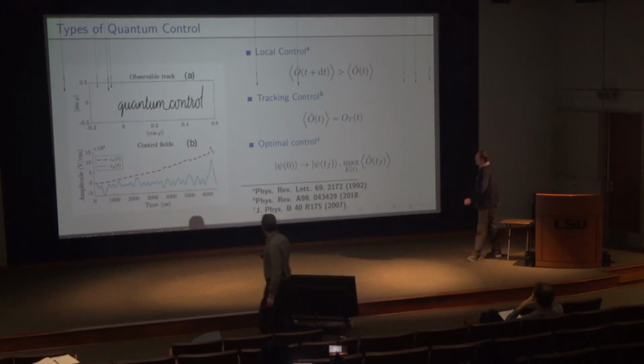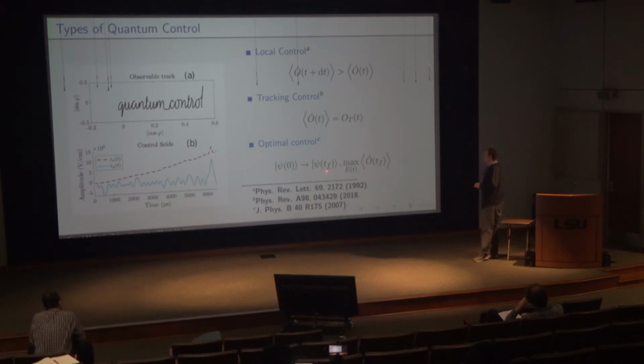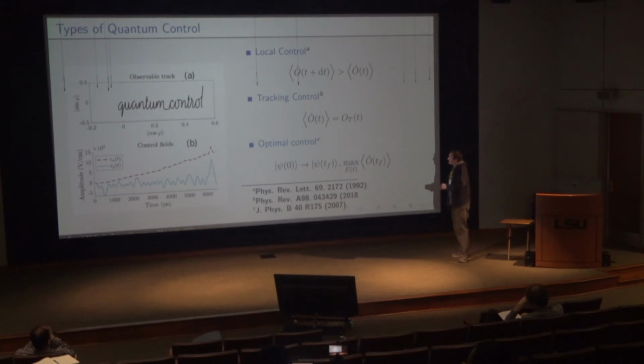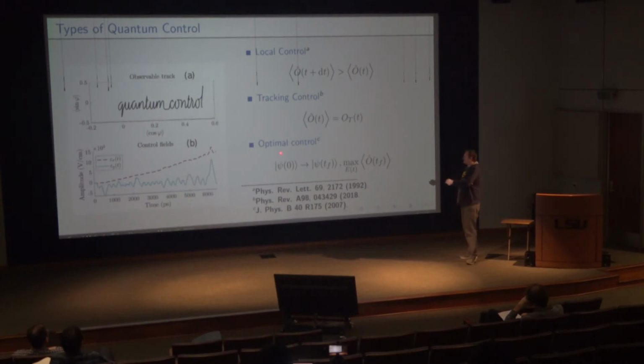We have optimal control. With this version, what you're trying to do is, starting from a given quantum state, find the most efficient way to get to a final state such that you're maximizing some kind of expectation at the final time. And this is always based on a variational principle. So you go through every possible path from the initial state to the final state, and you want to get the best one subject to some constraints. This is related to quantum computing, because when you think about an algorithm and actually implementing it, essentially what it is is a unitary transforming some initial state into a final state. So optimal control is very closely related to actually implementing quantum algorithms.